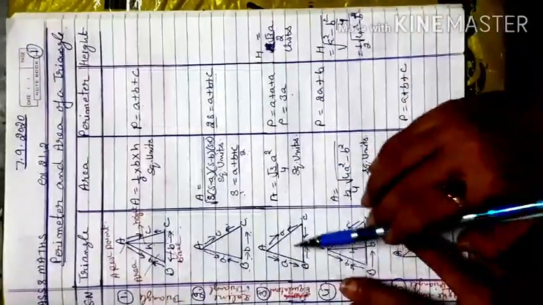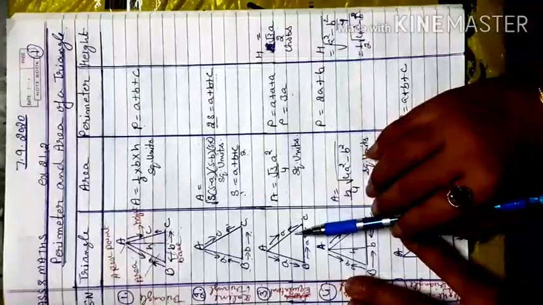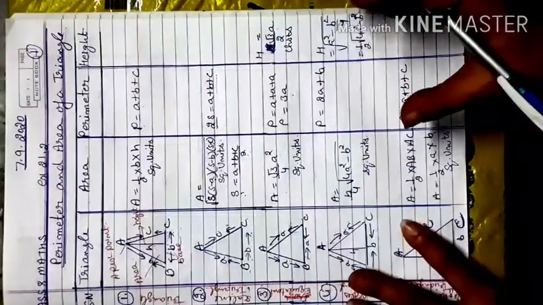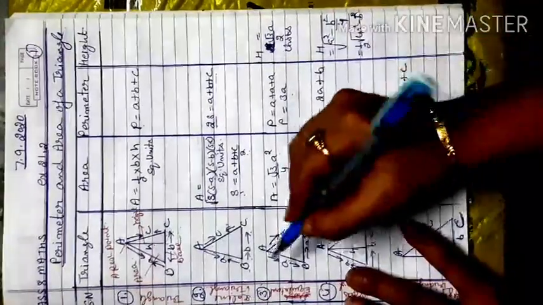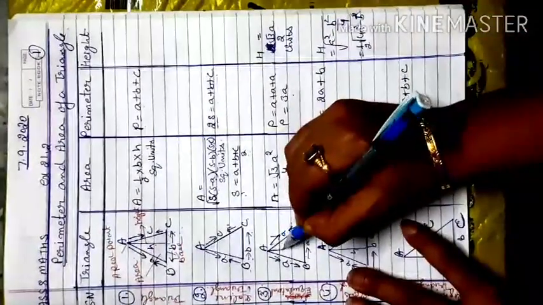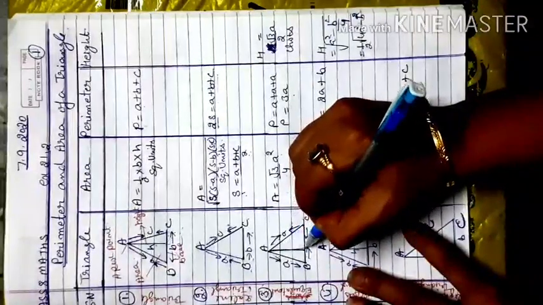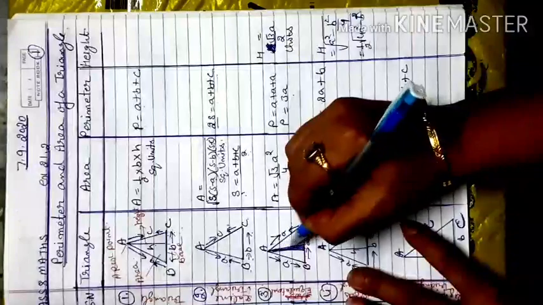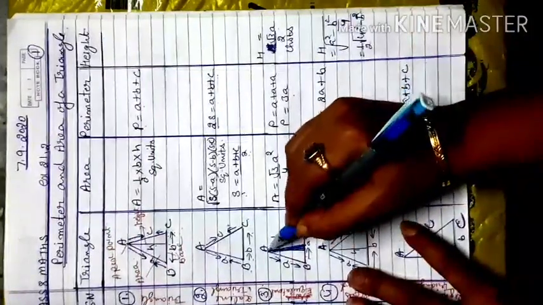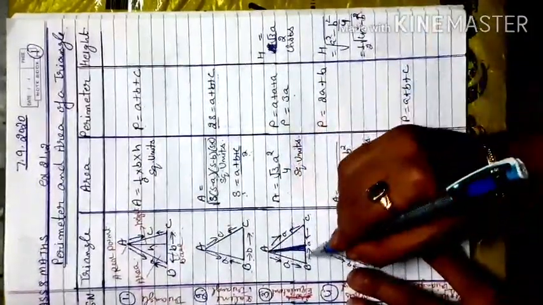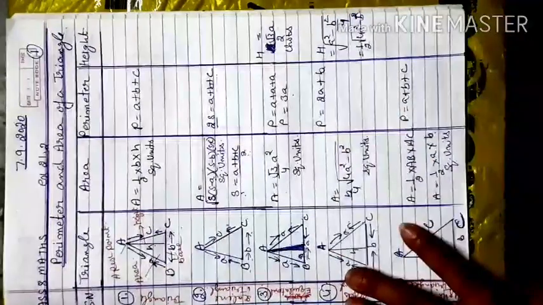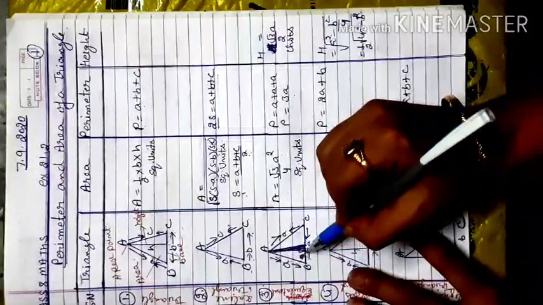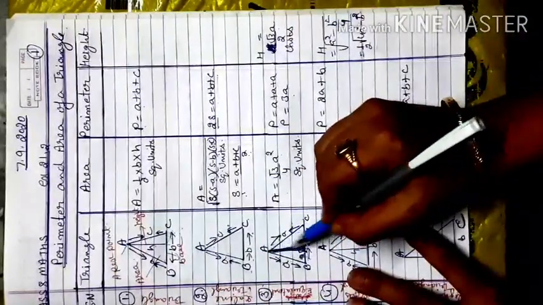So the question is how I can find the area from that. If you forget your formula in the exam, what you do is draw a line from A exactly to the center of BC, like a median. The middle point of BC is joined with A, so that means the length will be a by 2. Then this becomes a right angle triangle. Then you apply the Pythagoras theorem to find this height.